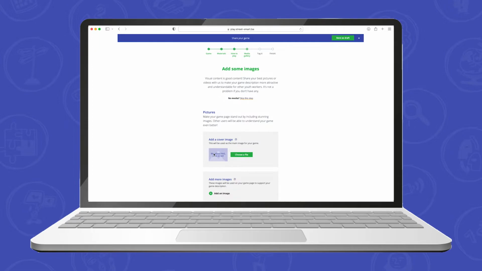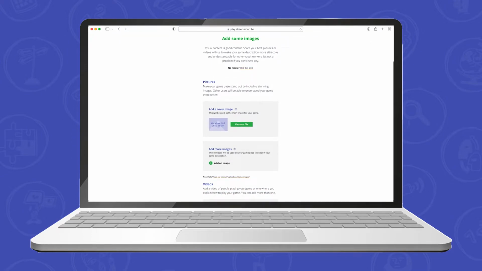You can upload more pictures as visuals for the different steps of the game, or a picture of children playing the game. Keep in mind that your pictures should help other users to understand your game. Make sure all pictures are sharp and clear. If you do not have pictures, feel free to search the internet for a relevant one. However, you'll have to filter the usage rights of the pictures shared or make use of websites which offer images that can be used freely.